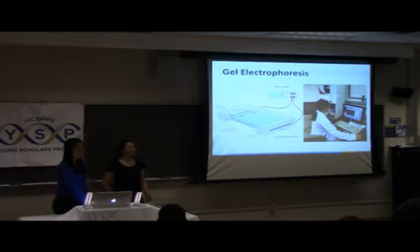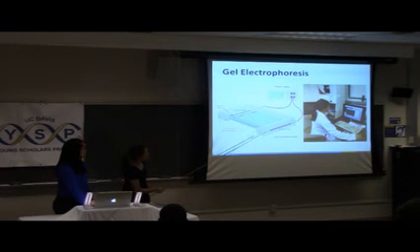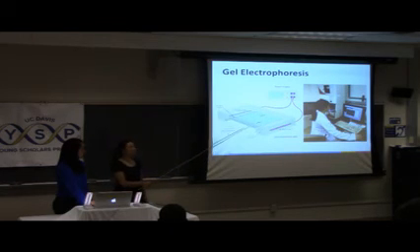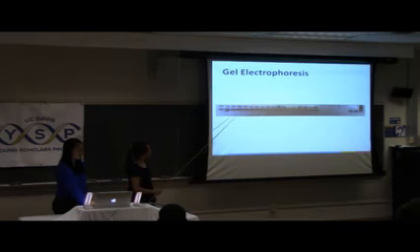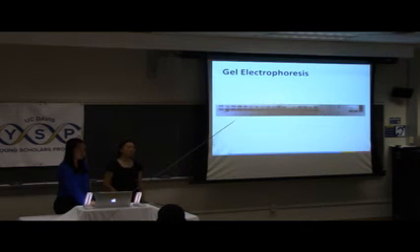So in order to visualize my amplified PCR product, I performed gel electrophoresis. Gel electrophoresis essentially has a negative side and a positive side, where the negatively charged DNA will migrate towards the positive side, and smaller pieces of DNA will move faster and move further, while longer pieces of DNA will move slowly and travel less distance. So this is a picture of one of my amplified PCR products. As you can see here, almost all of the top bands are amplified, and the last one over there is the control, while these bottom bands are the primers that were used in PCR.